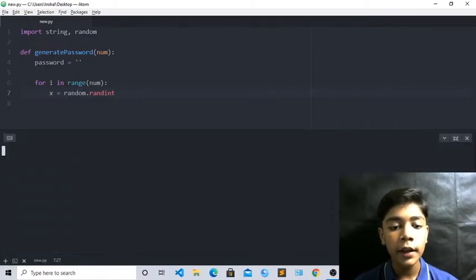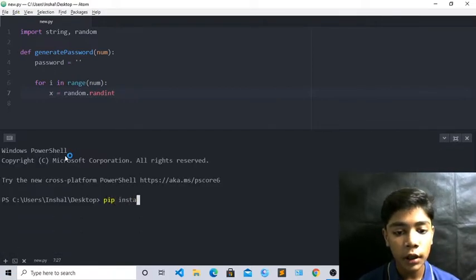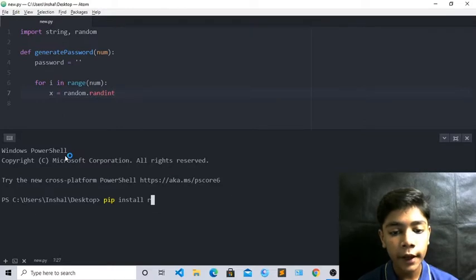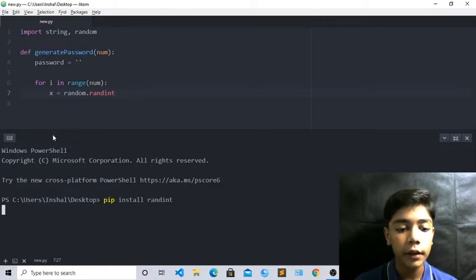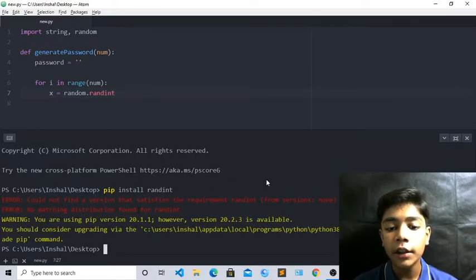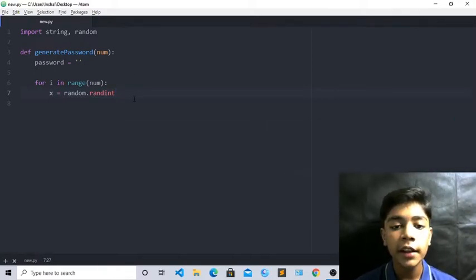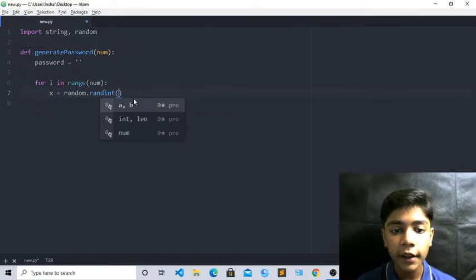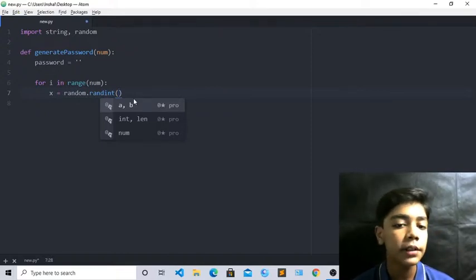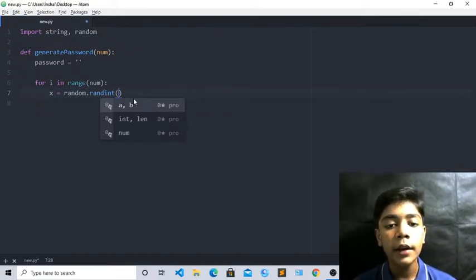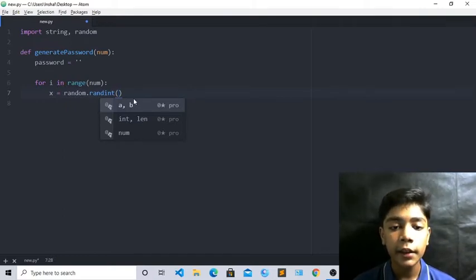Now come over here again, pip install random now, because we have to download random here. So it is not the latest version and we have already downloaded it. Just close it from here. Now here you have to put brackets, and in the brackets you have to write two numbers with a comma, okay. Any two numbers you want, there are many numbers.